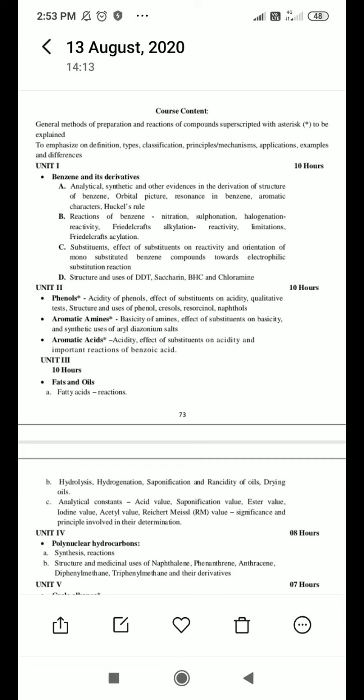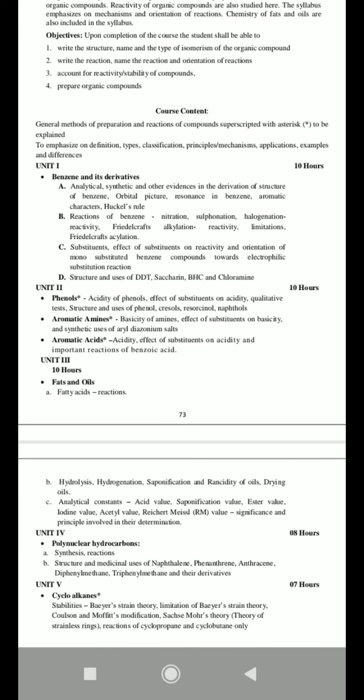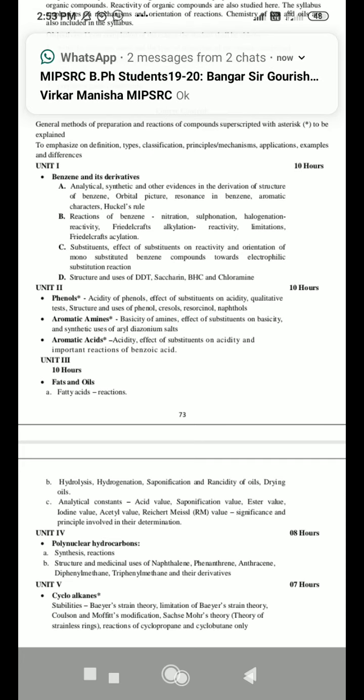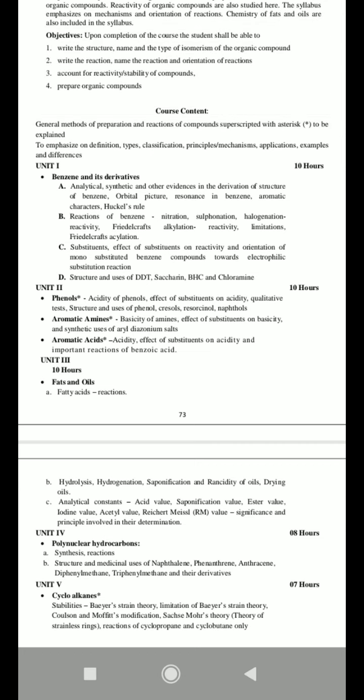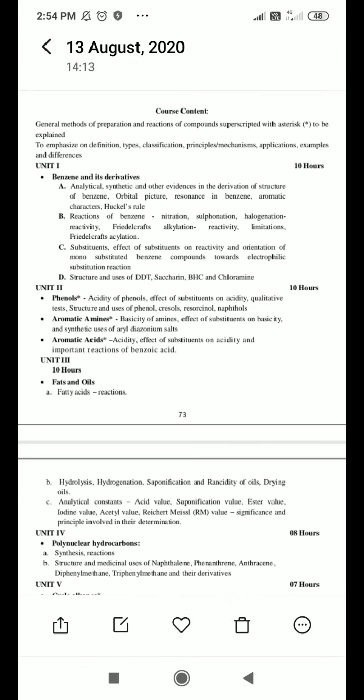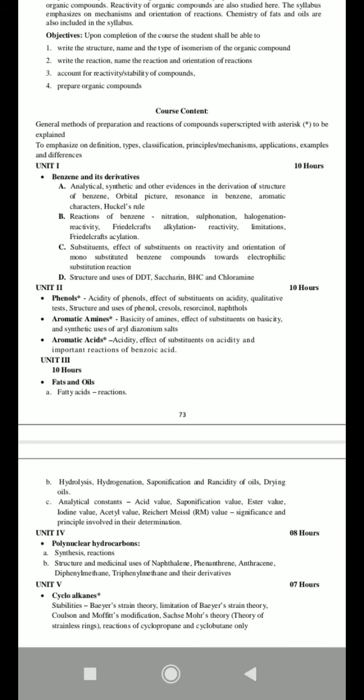I think you must know about qualitative test and quantitative test. Qualitative test means here we just detect the quality of that compound, and quantitative means we have to measure that quantity. For example, if we are checking the melting point or boiling point of a particular compound, then we get information about its quality, means 80 degrees Celsius, then we will say that this is benzene. Okay, likewise this is qualitative.